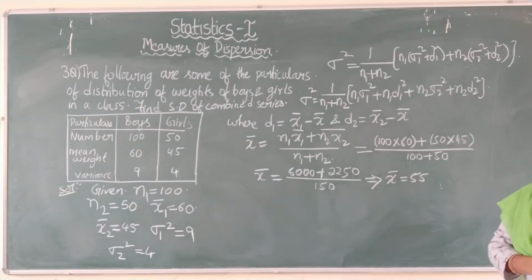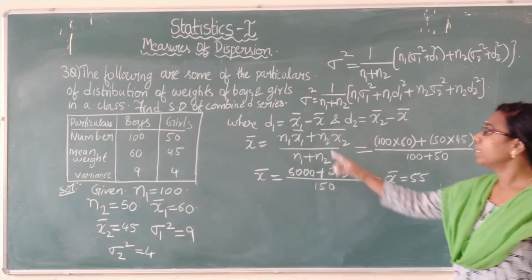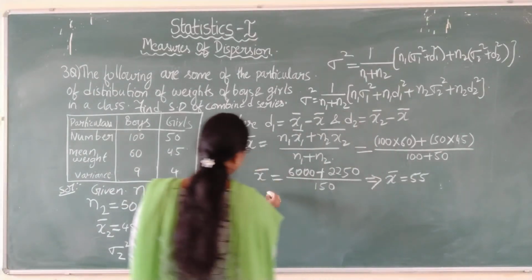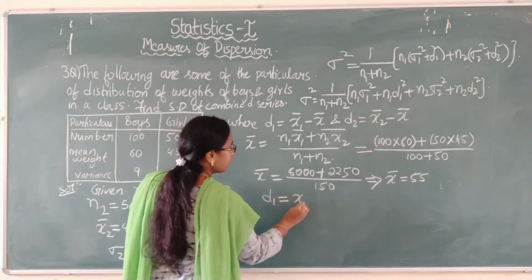So after getting the x bar value, substitute this x bar value in the d1 and d2 formulas. So what is d1? d1 equals x1 bar minus